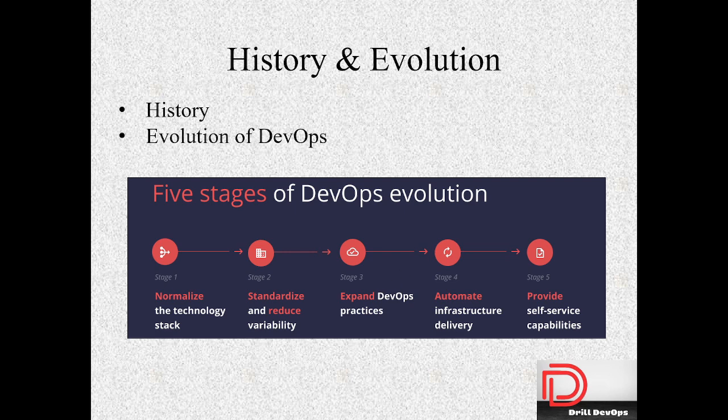In the third part, expansion of DevOps practices, that is where the CI/CDs came into picture: continuous integration, continuous delivery, deployment, and then continuous testing, continuous monitoring, continuous feedback. All this came into picture, and people started adopting it in their development process,